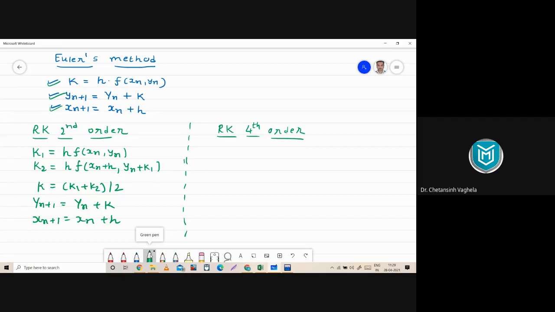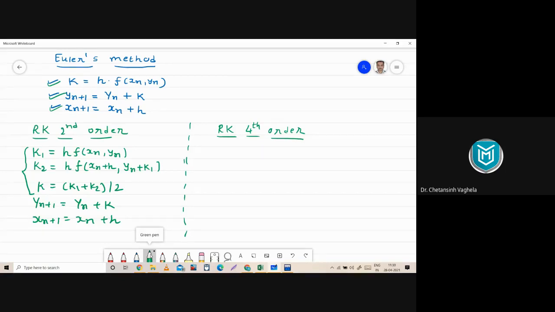That means when we are changing Euler's method to RK second order, we just need to change this part. Right? Because the other part is the same. There is no change in the other part. So we just need to update this part and that's it. Your Euler's method code will convert to RK second order. So this is the formula of RK second order. Now let's talk about RK fourth order. Let's see what is the formula of RK fourth order.